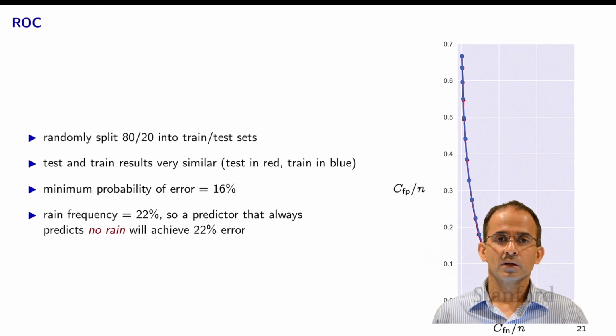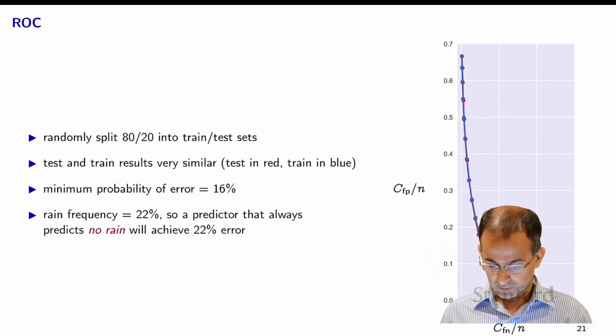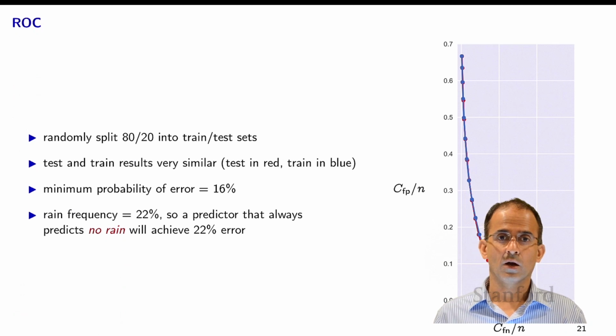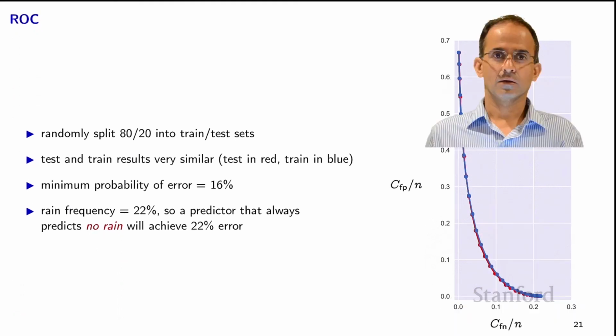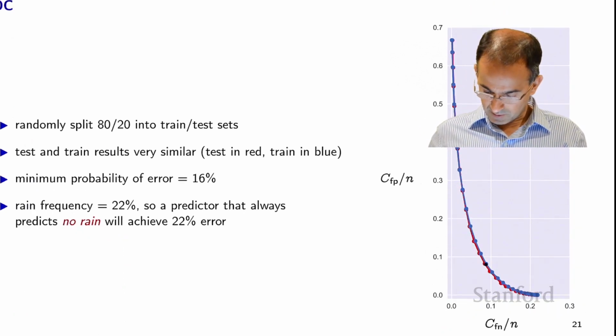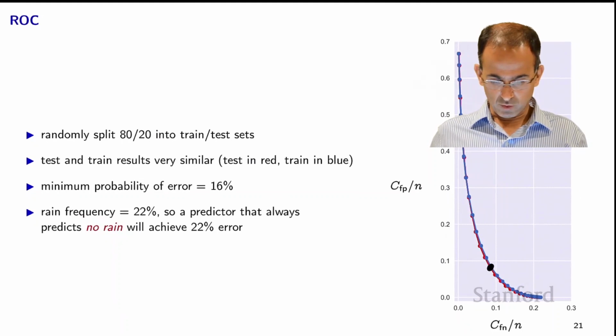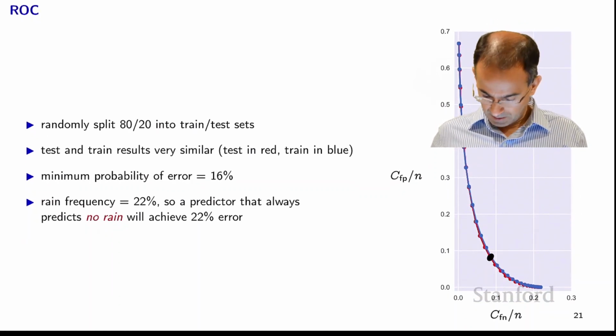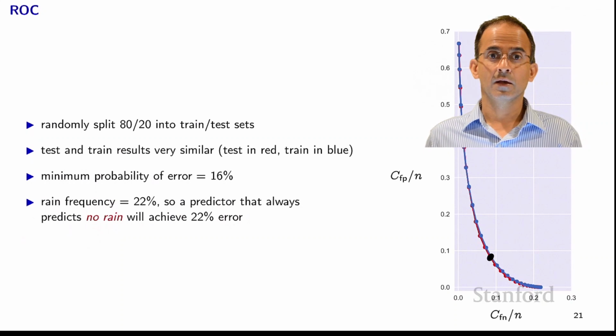And so here we've plotted the operating characteristic, the ROC curve, and you can see that there's a red curve and a blue curve, and both of them are pretty much on top of each other. The minimum probability of error point on the ROC curve is right about here. That's the minimum probability of error classifier, and it achieves a false negative rate of about 0.08 and a false positive rate of about 0.08, so a total probability of error of about 16%,